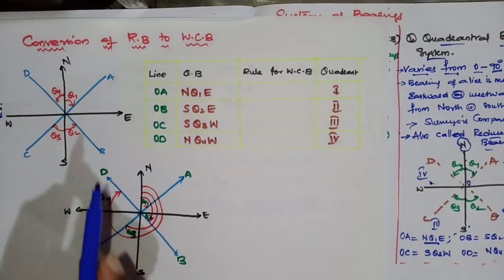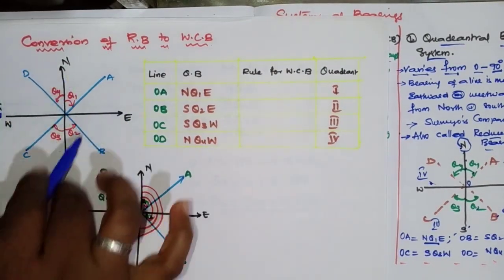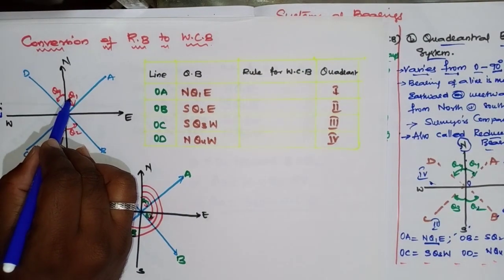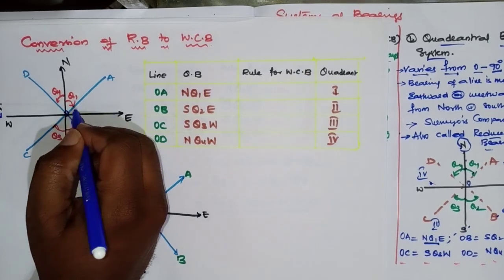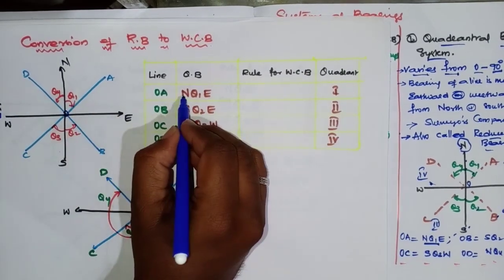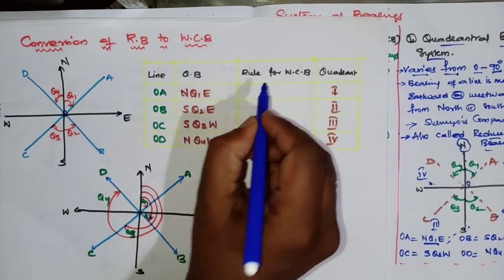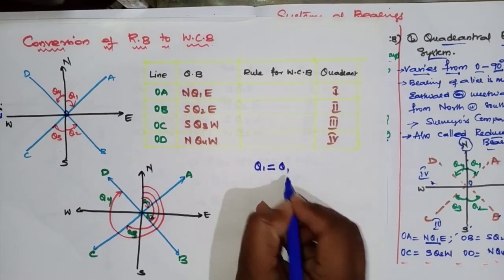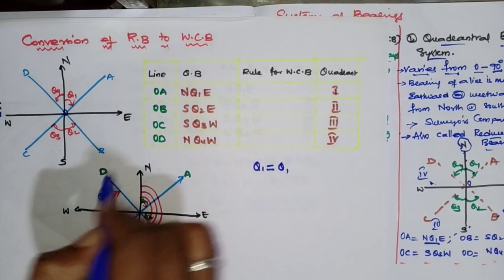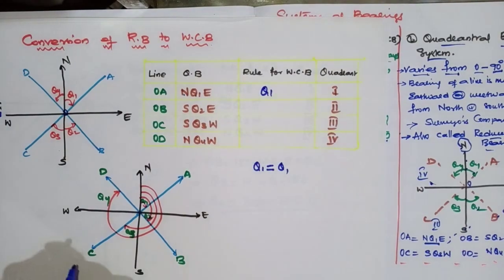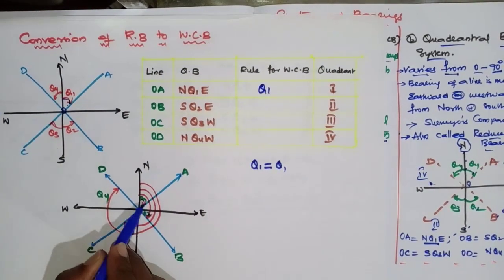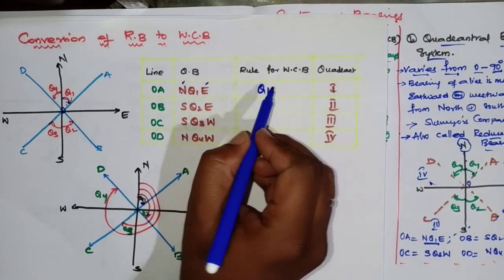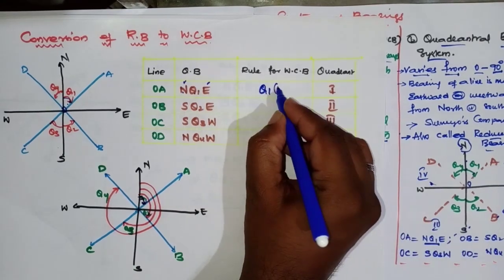Now if I see here, this is the reduced bearing system and this is the whole circle bearing system. Here theta 1, OA lies in what? First quadrant. What is the reduced bearing in the first quadrant? North theta 1 east. But what is the rule for WCB? Theta 1 equals theta 1, whatever it lies, it is directly theta 1, because this is measured with respect to north only, and this is also with respect to north. Only in the reduced bearing system you will have notations, whereas for WCB you can write RB equals